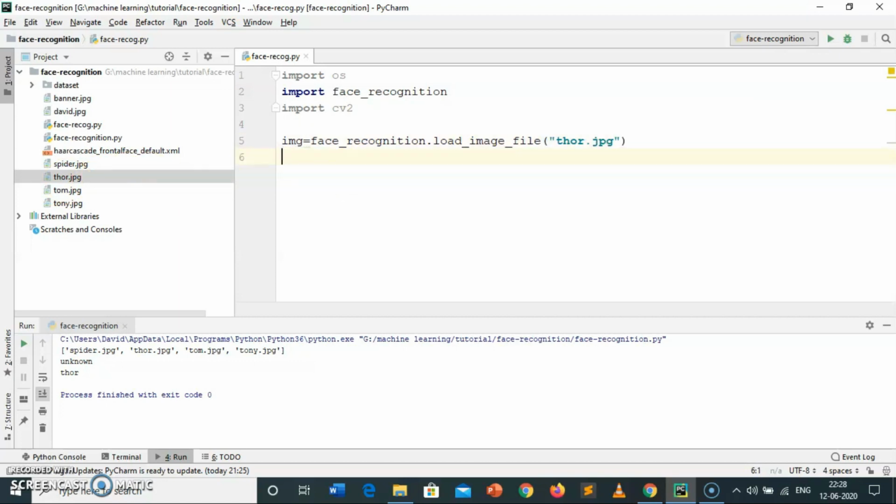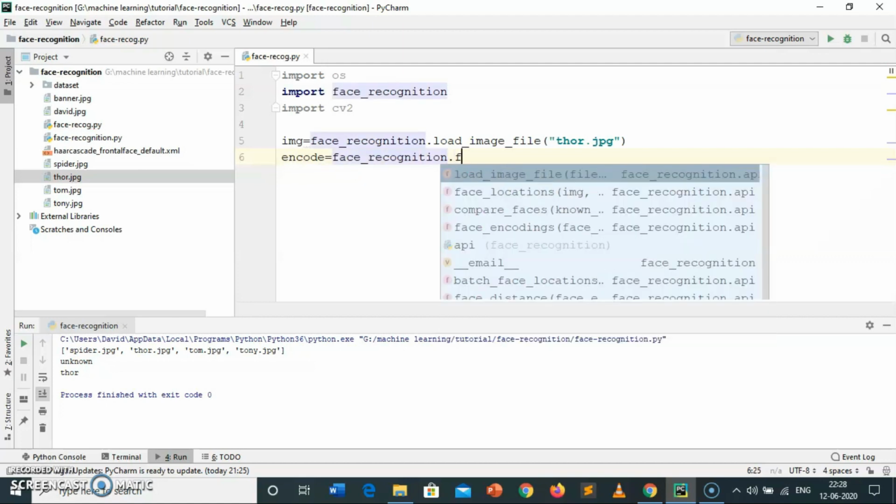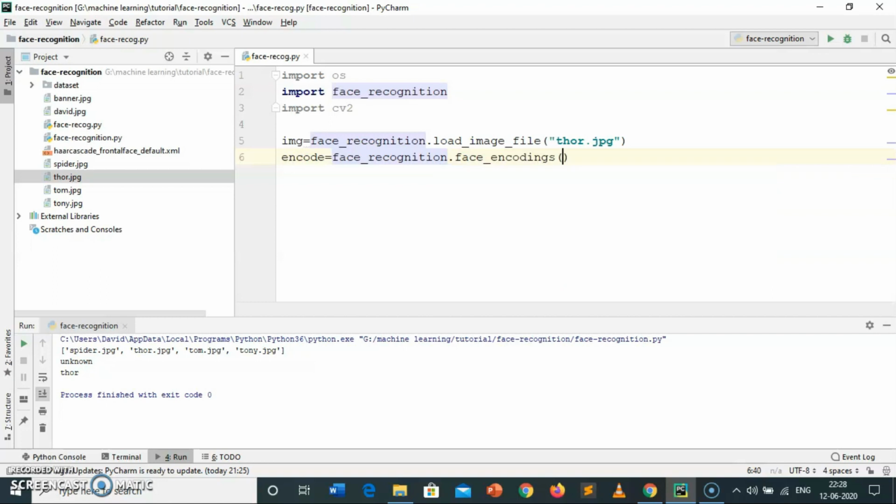Now I am going to encode this image. So encode equals face_recognition.face_encodings, pass the image, and provide the 0 index.